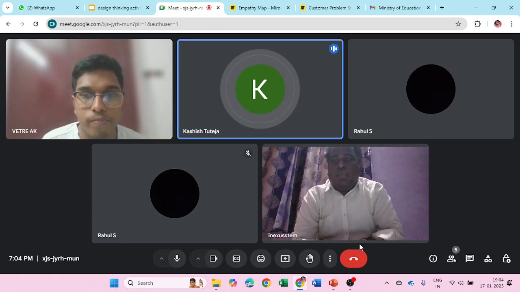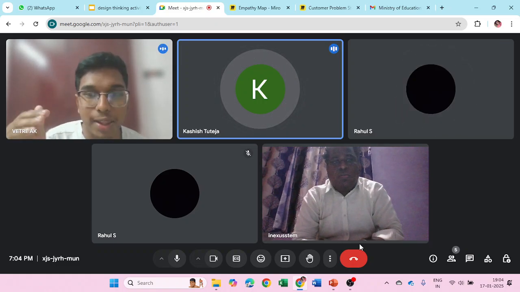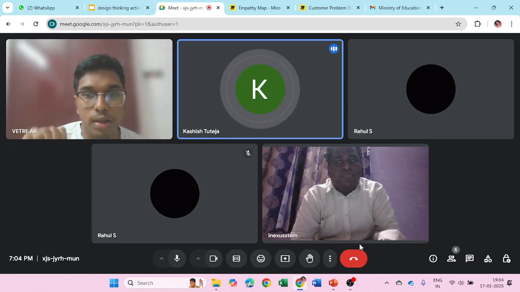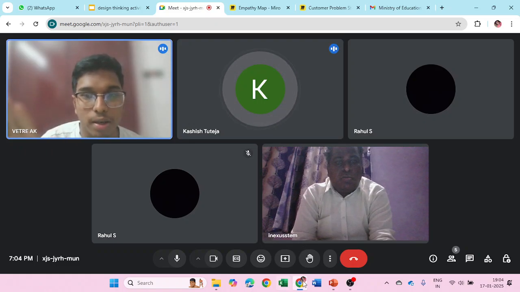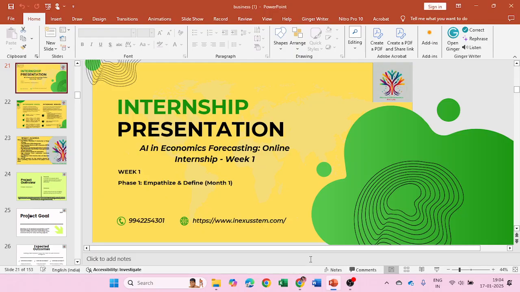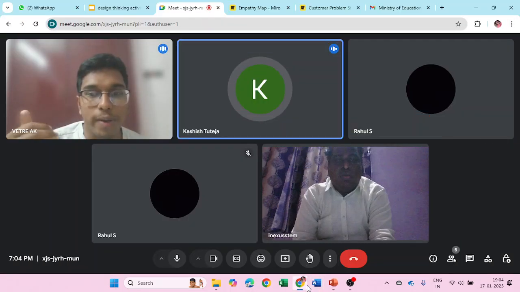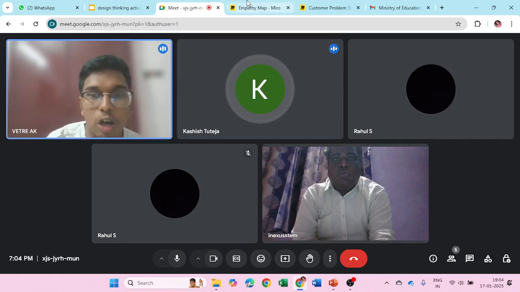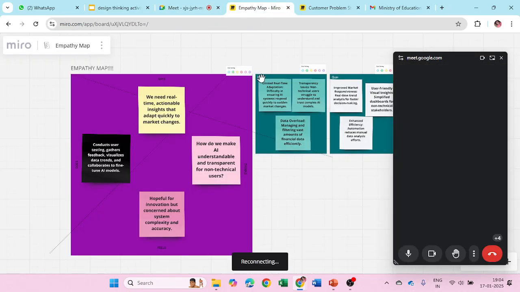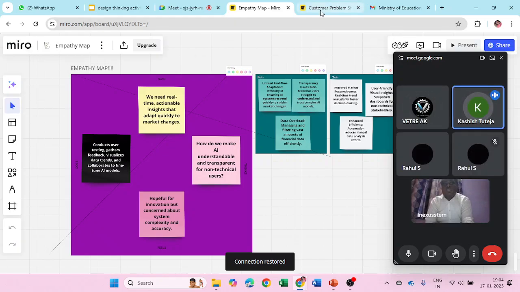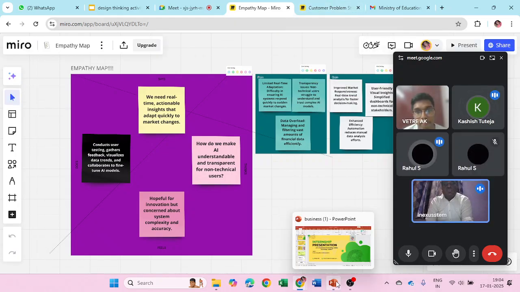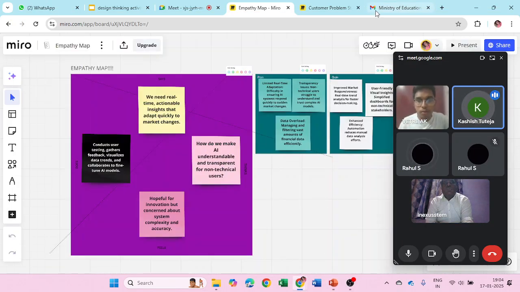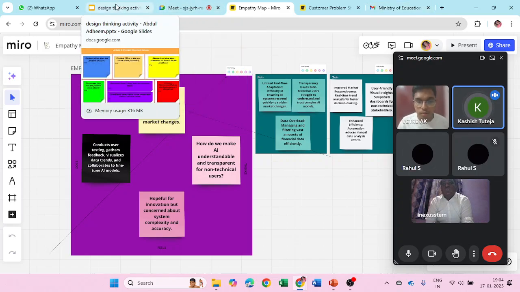I'm not getting it. Vetri, can you present? In the empathy map there are 4 columns, 4 quadrants now, right, sir? Yeah. Sales we completed it, sir. So in the think column, we are wondering whether we should think from the shoes of a customer or as a developer, sir. We have doubt in it, sir. You are standing on the customer side. Vetri, can you please present the screen? Have you made it from the customer's shoes?